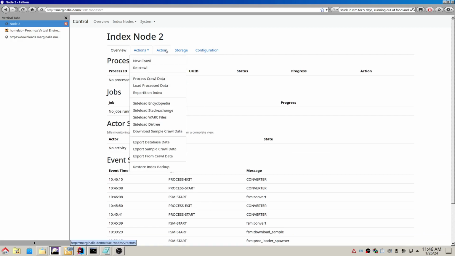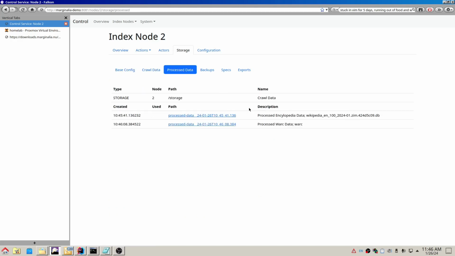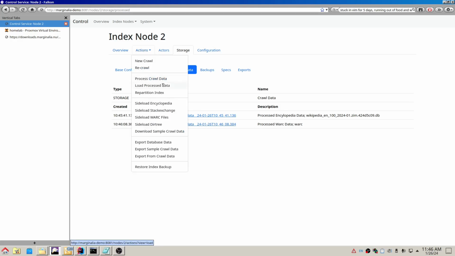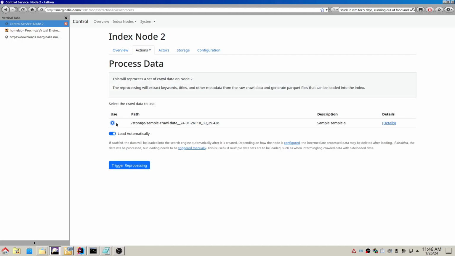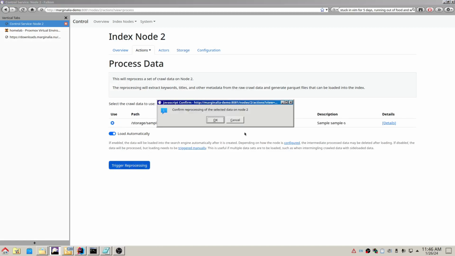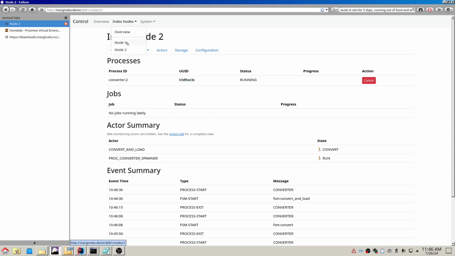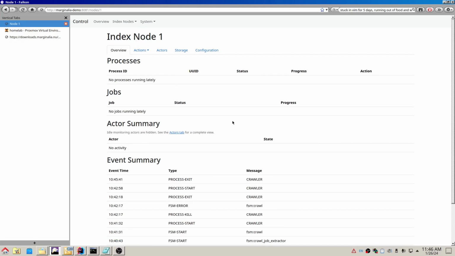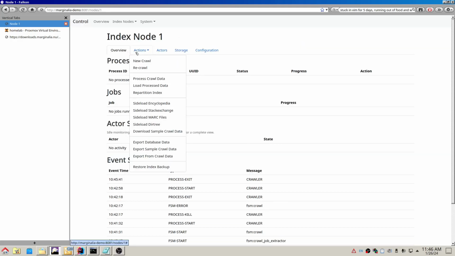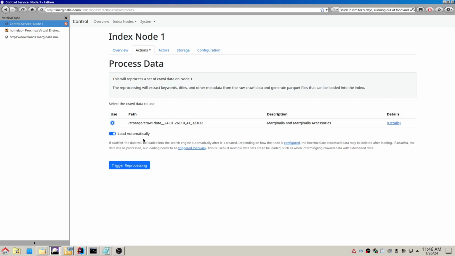And actually, did we process the sample data? No, we have processed data for the Wikipedia and web archive, but not for the sample data. So let's process the same sample data as well. And this should be relatively quick, slower than anything else we're doing today, but it should be going on. And while this is happening, let's jump over to index node number 1. The crawler has finished, so we can actually process and load automatically this